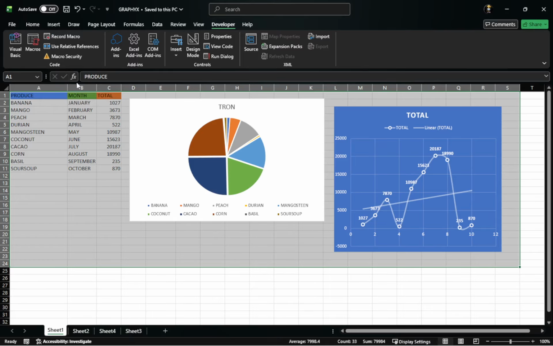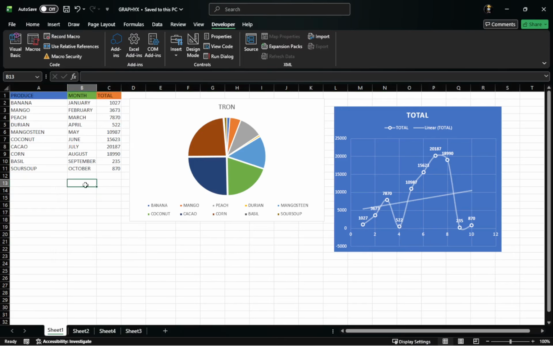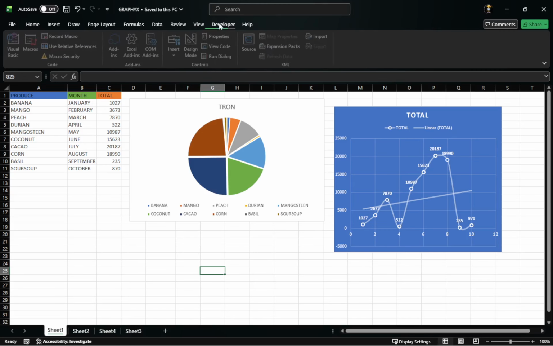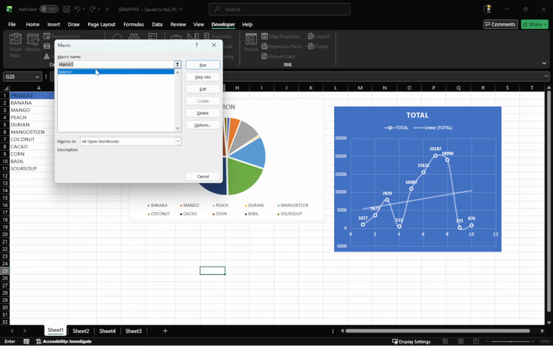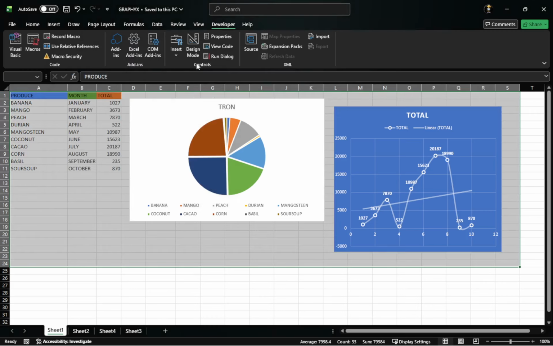To run your macro, open the workbook that contains it if it is not already open. Then go to the Developer tab and click Macros. A list appears showing all macros available in open workbooks. Click the macro you just created to highlight it, then click Run. You will see Excel repeat the steps you recorded, changing your sheet automatically. If you assigned a keyboard shortcut earlier, you can use that instead, and the macro will run as soon as you press the keys. Finally, you need to save the macro properly.